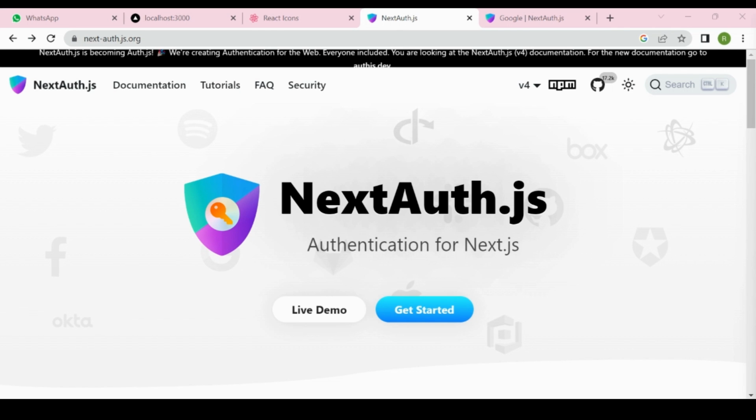Now we are going to use NextAuth in order to add the authentication for our application. And to add the authentication, we are using Google as our sign-in provider. So don't worry if you don't know about Next.js or anything about that. I will teach you everything from the start. So first of all, let's go to